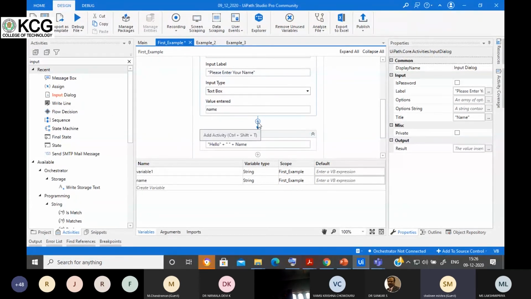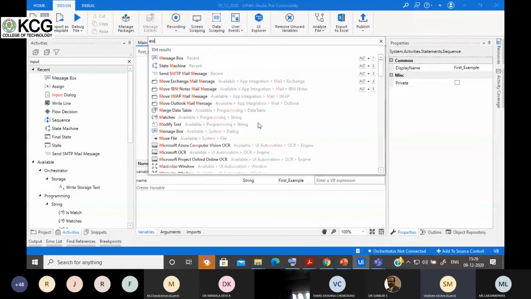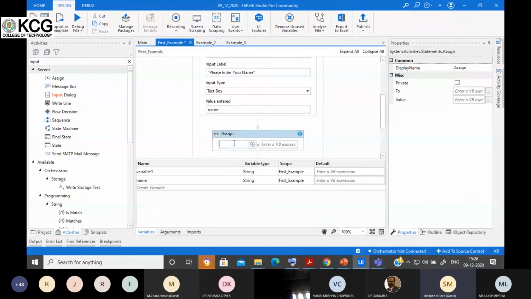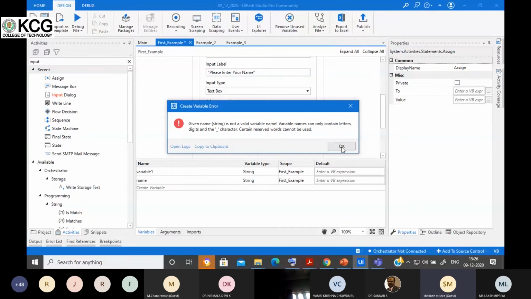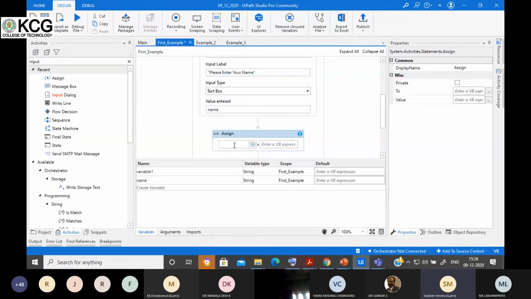Okay, and in between these two I'll use one assign activity, and inside this assign activity I'll create one variable, suppose I created with the name string only, and underscore substring.